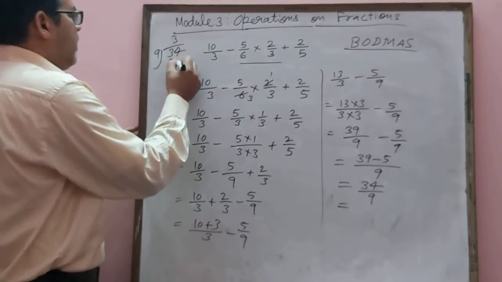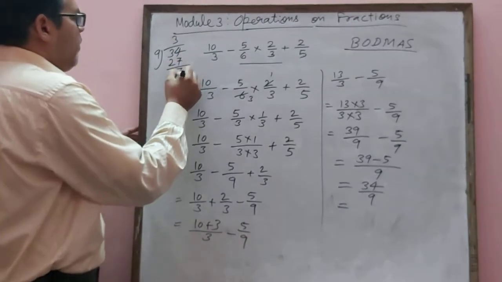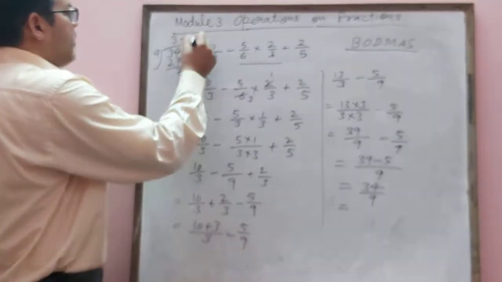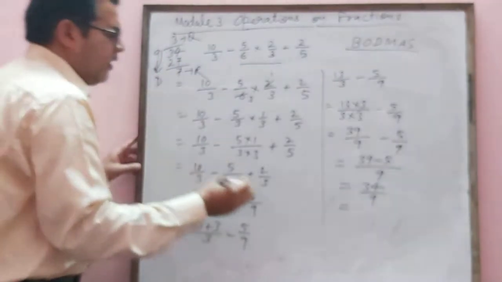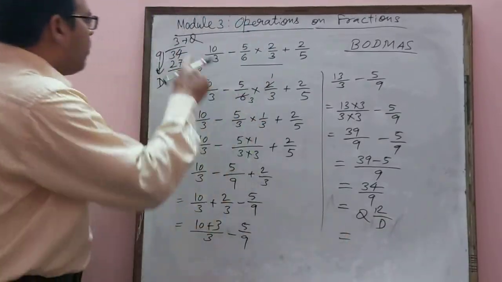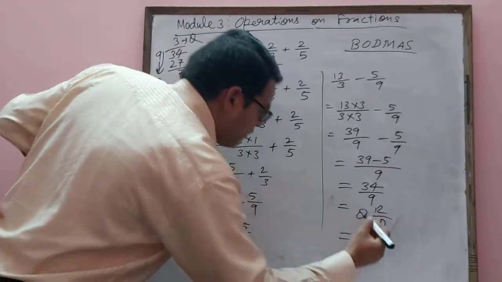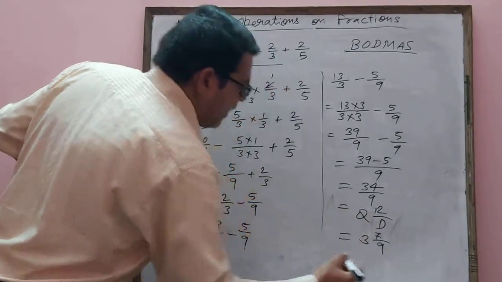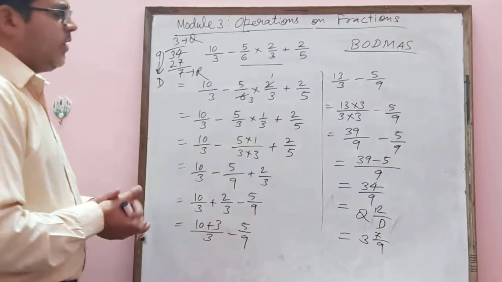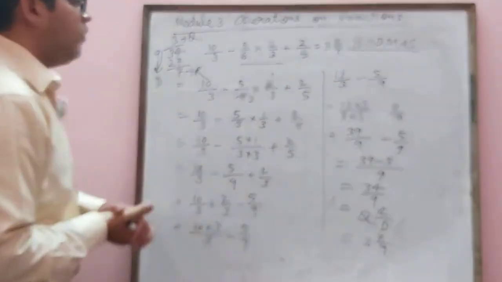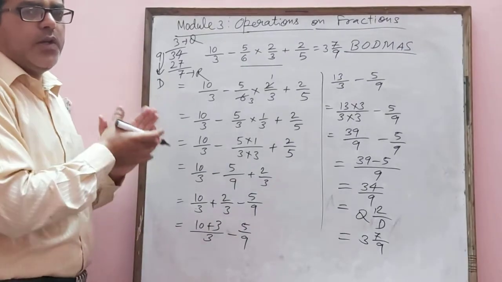9 3s are 27, and 7 we have here as a remainder. So 7 is remainder, this is quotient and this is divisor. What rule says that? Quotient we can take as a whole, then remainder, then divisor. Quotient is 3, remainder is 7 and divisor is 9. So 3 whole 7 by 9 you can write. Hope you understand.